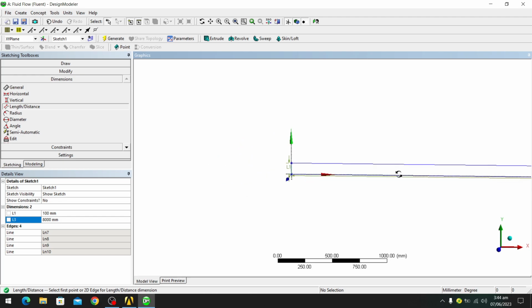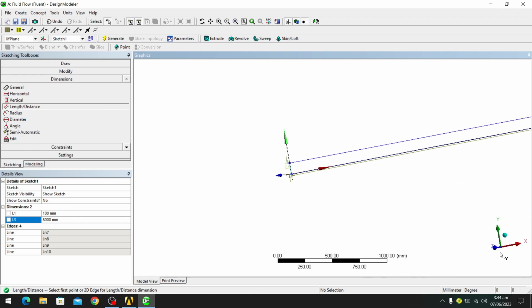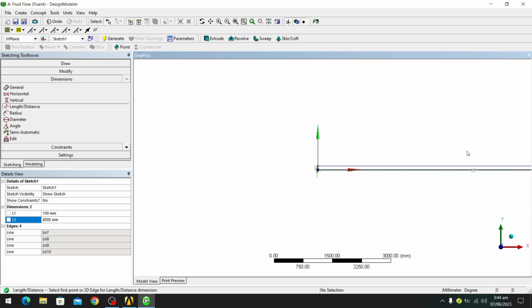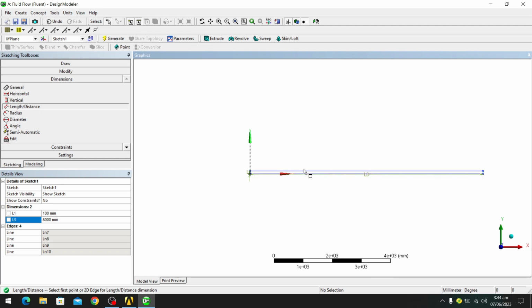So this is the cross section of our pipe. But now, as you can see, this is only 2D geometry. It has no mass or anything. So what we will do is create a concept that these are not lines. This is the surface. So we will go to the toolbar, see up in your ANSYS